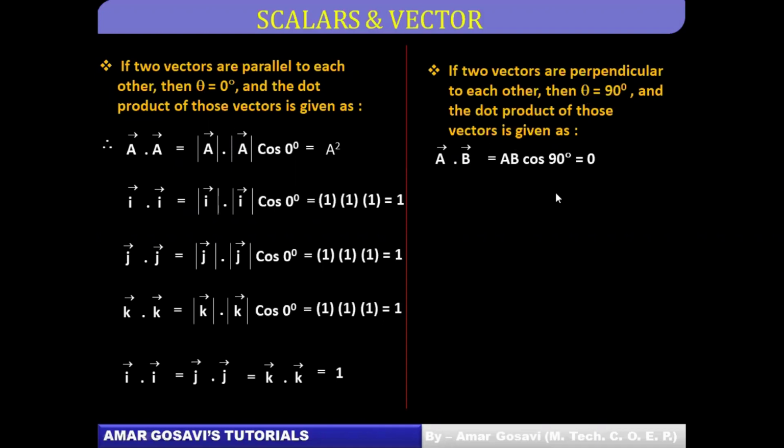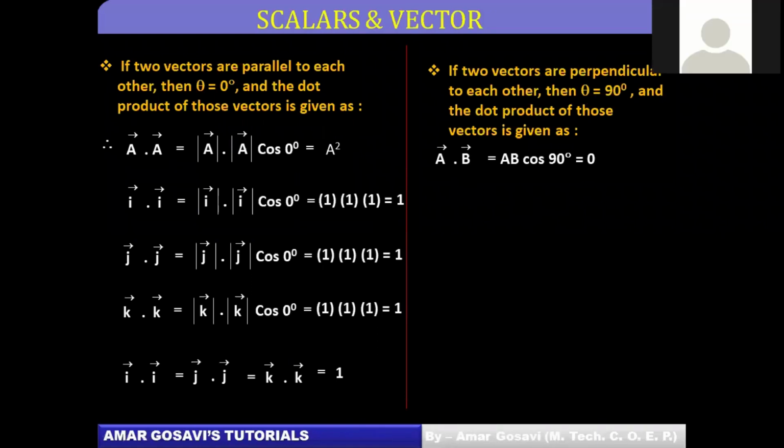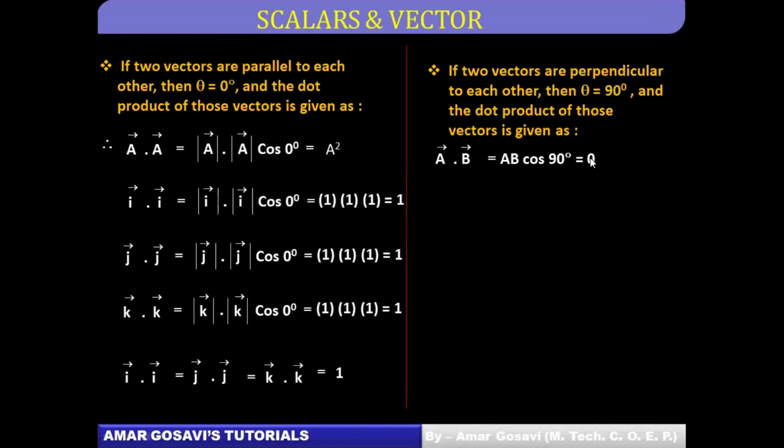So can I say if the two vectors are perpendicular to each other, then the dot product between them will be 0. The converse of that will be: if the dot product is 0, then we can remain assured that the two vectors are perpendicular to each other. So that will be the converse of it.